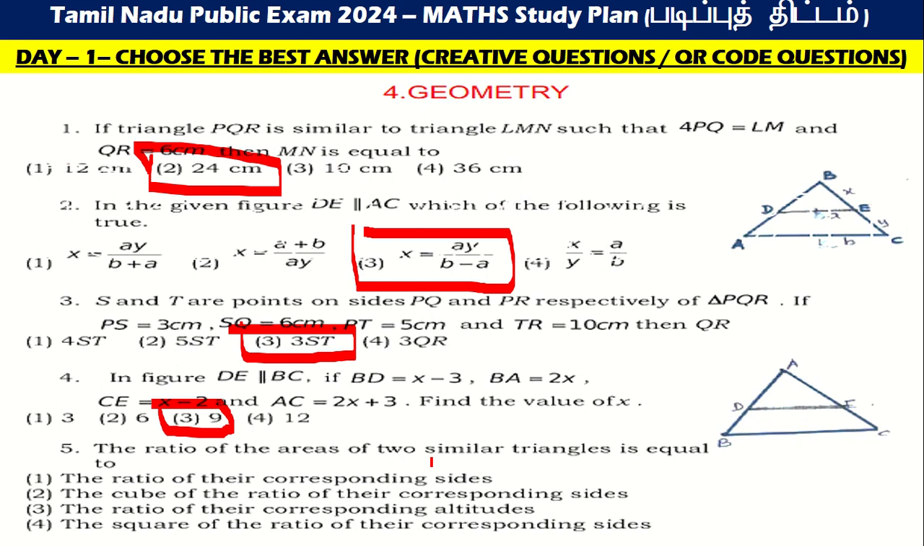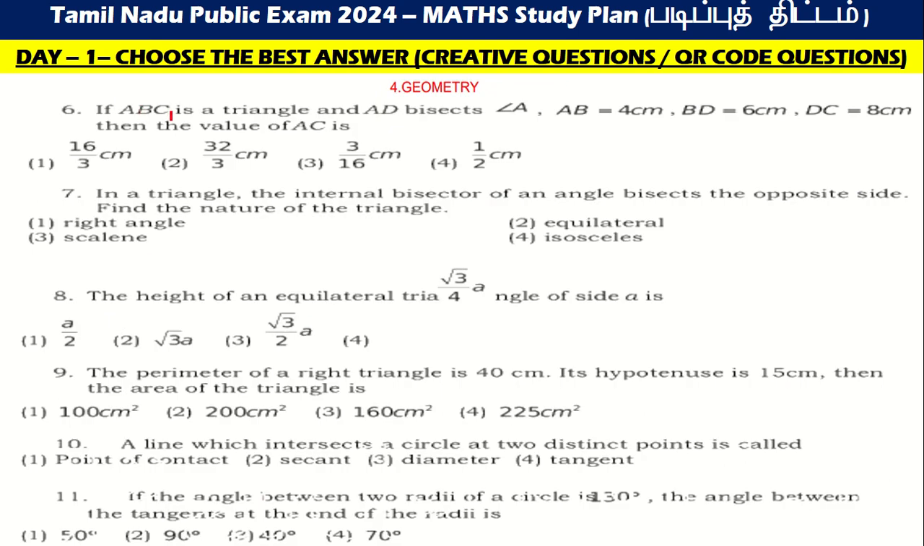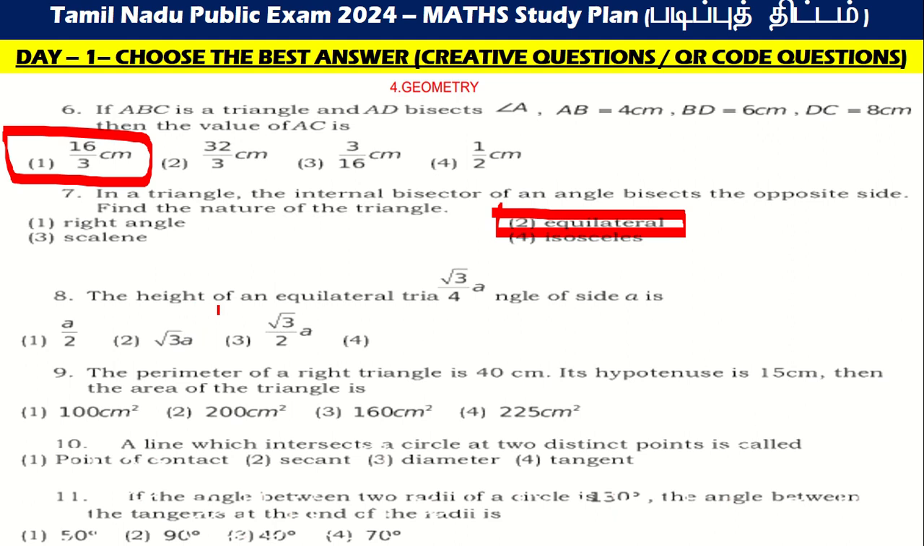The ratio of the areas of two similar triangles is equal, so that means your option is cube of the ratio of the corresponding angles. ABC is a triangle, so which means the answer is 16 by 3 centimeter. In a triangle, the internal bisector of an angle, that means all are equilateral. Height of an equilateral triangle is